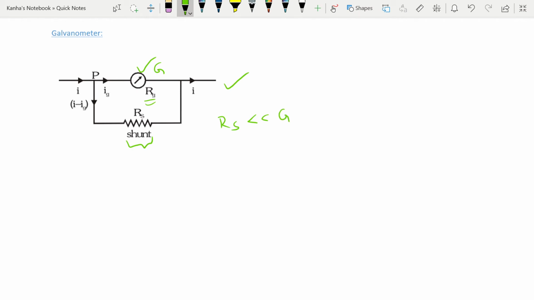So the current that is flowing in the system, let's say I outside, because of the low resistance path offered by the shunt, very little current enters the galvanometer. What you should take home from this is, first of all, the current passing through the galvanometer will be termed Ig, and the current passing through the parallel shunt will be I minus Ig. Based on the current passing through the galvanometer, there will be a deflection in the galvanometer's coil, and it will give us an estimation of the current flowing in the circuit, that is I.